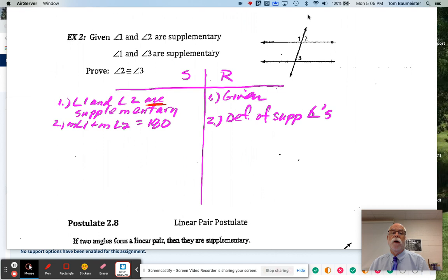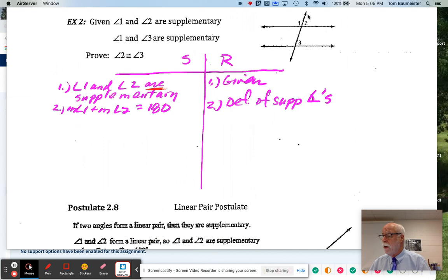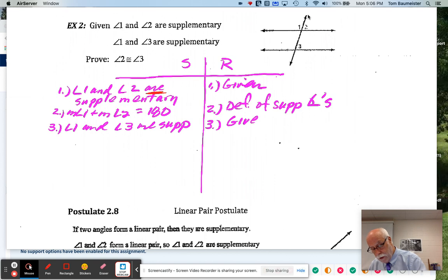Now, can I do anything else right here? You would say, well, I can't prove anything yet, so I better use my next given. So I'm going to use my next given here, and I'm going to state that angle 1 and angle 3 are supplementary. This time I'm just going to write sup there. Again, this is our second given. Look it up there. It did say it was given. All right. So now I'm going to say